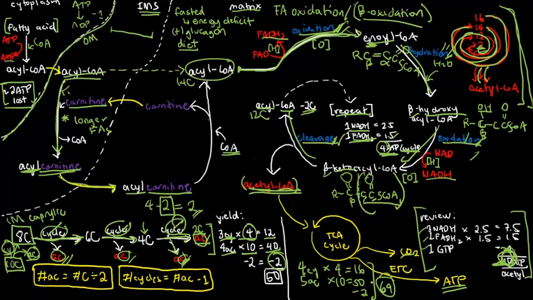Now, let's first realize some patterns. First, when we started with 8 carbons, that is caprylic acid, how many acetyl groups did we make? We made 4, right? When we started with 10 carbons a while ago, how many acetyls did we have? 5. Do you see a pattern? 8 carbons, 4 acetyls, 10 carbons, 5 acetyls. There should be a pattern, right? It's as if the number of acetyls is always half of the number of carbons. The half of 8 is 4, the half of 10 is 5.